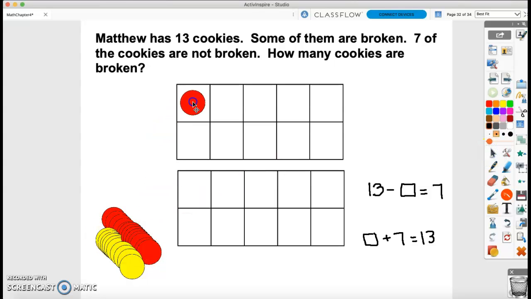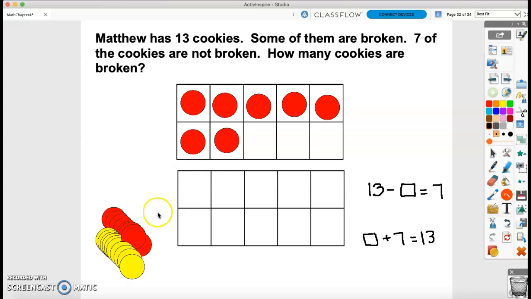We know he has 7 cookies that are not broken. 5, 6, 7. But we know he has 13 altogether. So here would be my other part. 8, 9, 10, 11, 12, 13. So when I look at my 10 frame, I see I have 3 right here